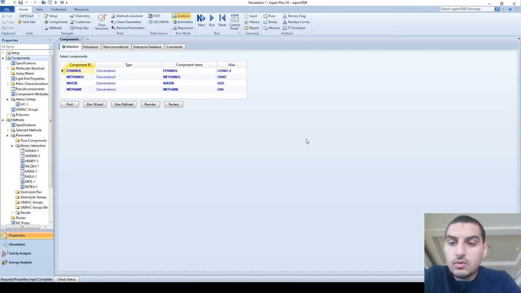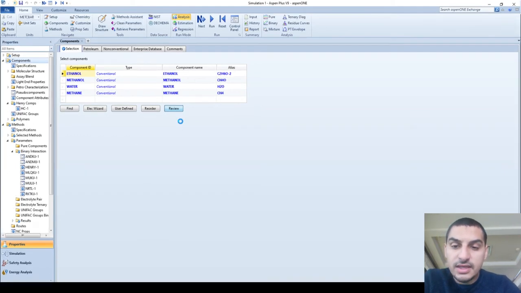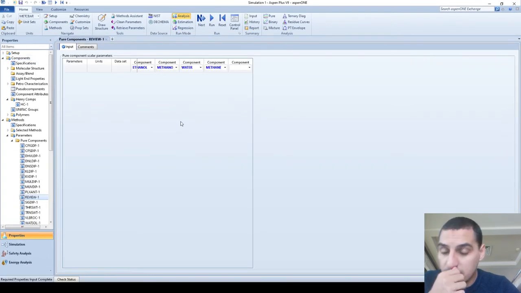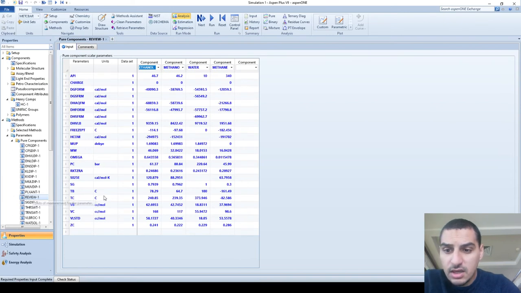Okay, so what we're gonna do now is to see how we can make use of the Aspen Plus capabilities of having the thermodynamic data bank and the information about the components to get more information about them. So we said before that we can do this review in the components section, and from this review we can get more information about the components like the boiling points, the melting point. We can get the critical temperature, specific volume, and all this information, but we can get even more from Aspen